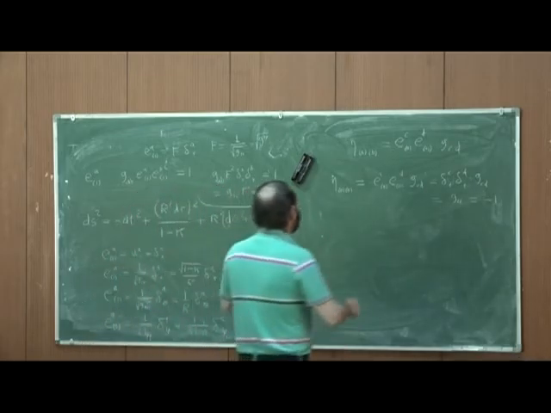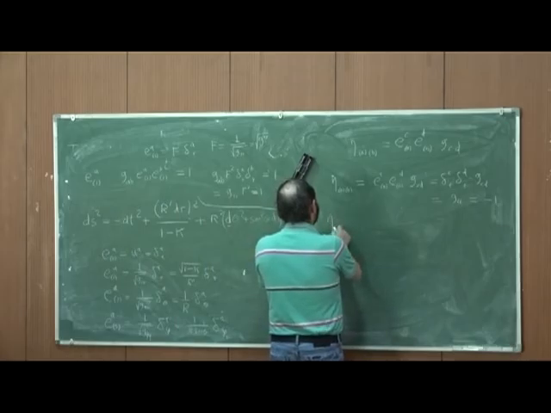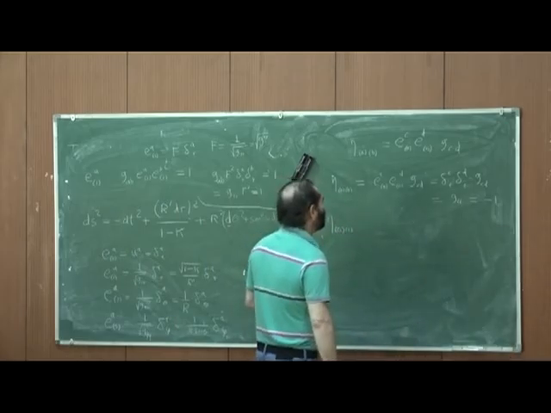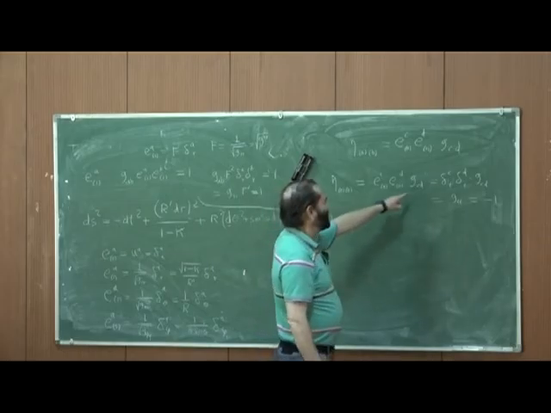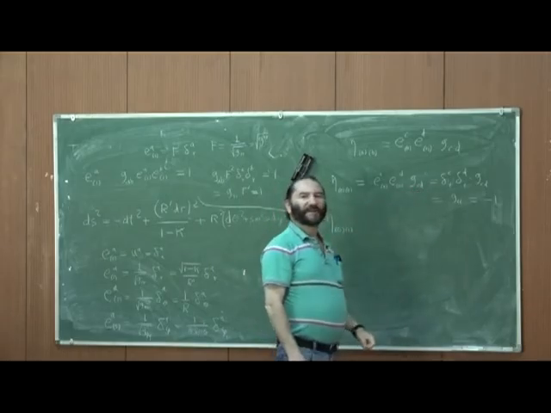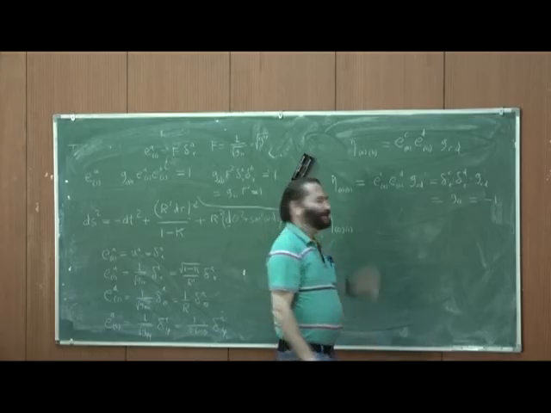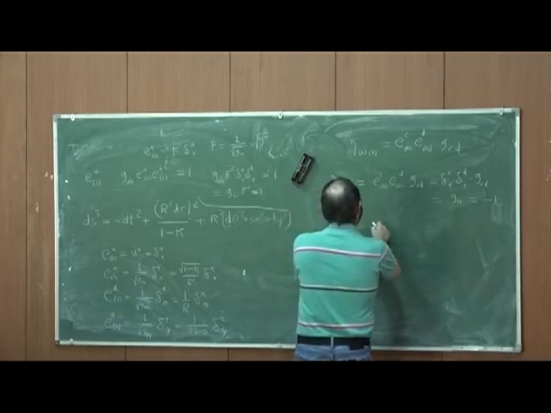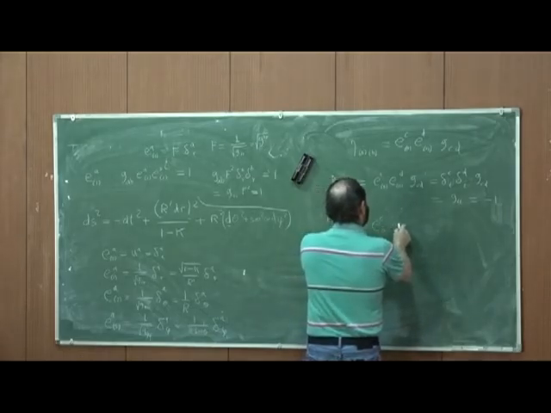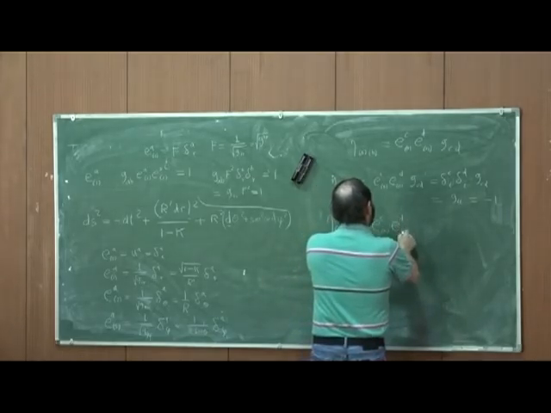Now let's do the other one. Let's do, for example, what happens if we do something like this? If we do something like this, it will be 0 because the metric is diagonal. See, this would be E, C, 0, E, D, 1, G, C, D, but this would be